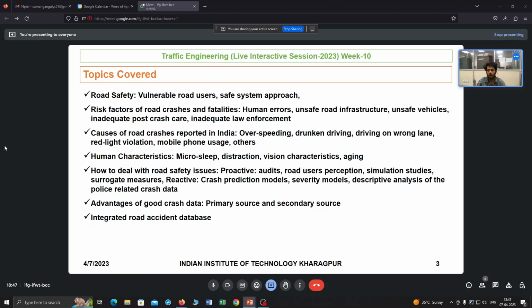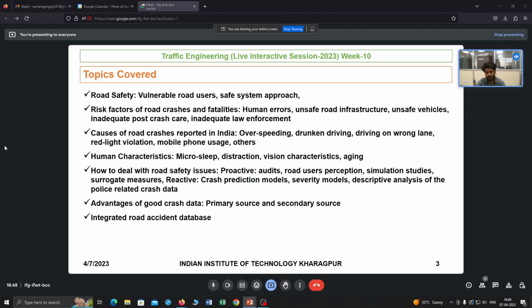Also, I think in 2022 some latest statistics have been released. There also India is again in the first spot. So there is a need to look at why these kinds of road safety issues are occurring on Indian roads. Actually it is not an Indian problem only, it is also a global problem. There are many global initiatives. One of them is called the safe system approach. You have to make your system safer for vulnerable road users, since they are mostly affected by this road safety aspect.